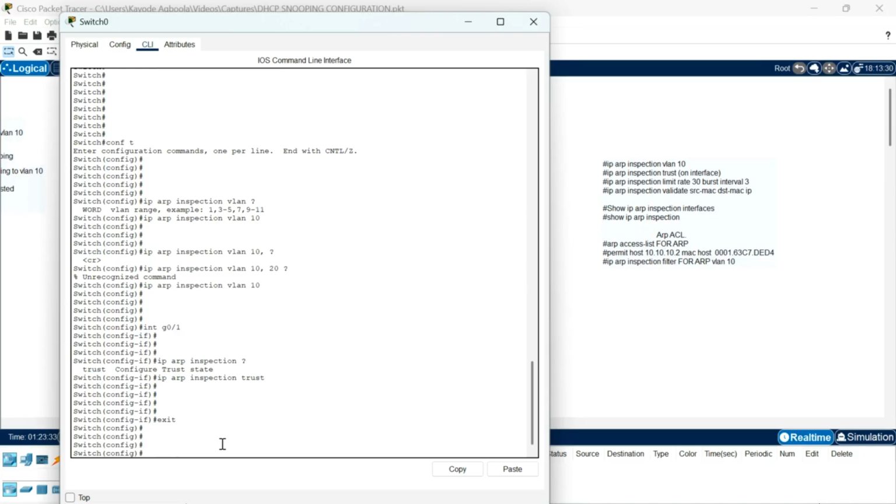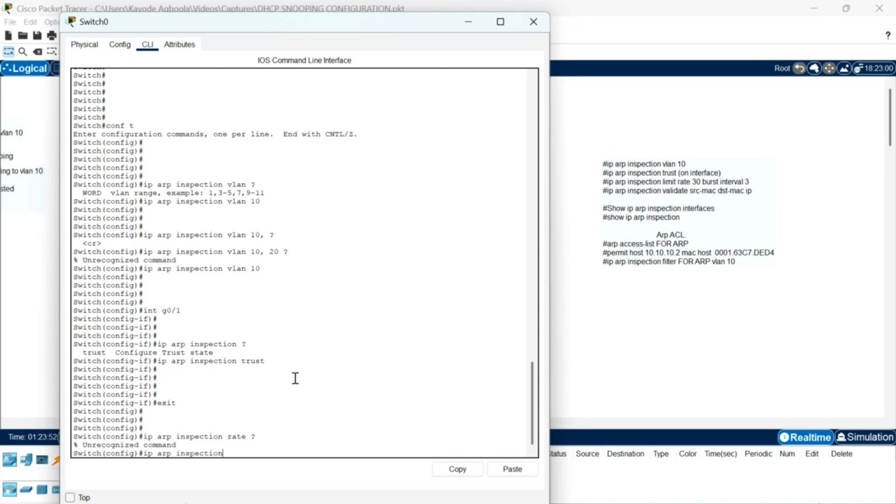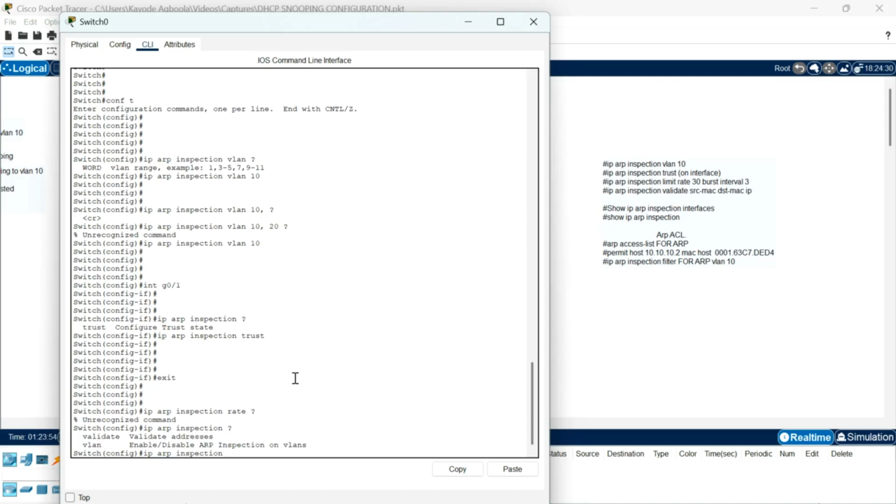So let me do that with ip arp inspection. Let me use a question mark here. So the only things it supports here are validate and vlan. Okay, so I will skip this one for now. Later on I will log into our device and enter the same command. Then the next one is